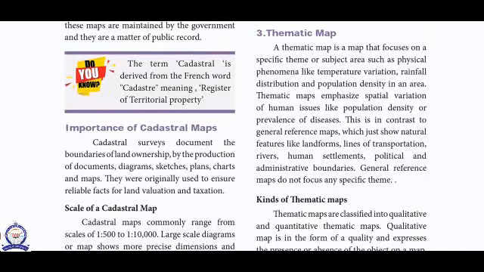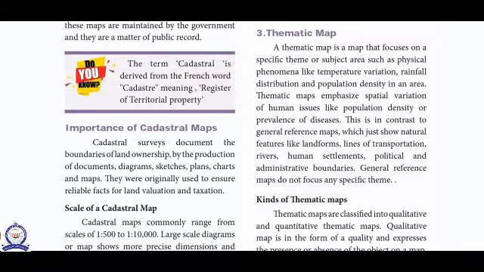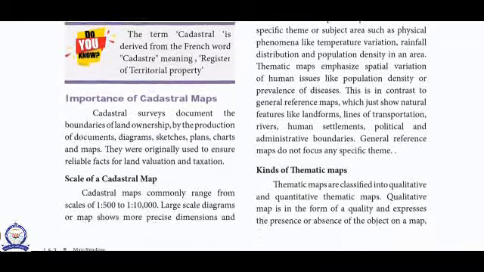This is in contrast to a general reference map, which does show the natural features like landforms, lines of transportation, rivers, human settlements, political and administrative boundaries. General reference maps do not focus on any specific theme.